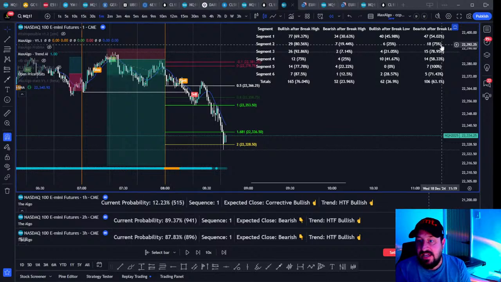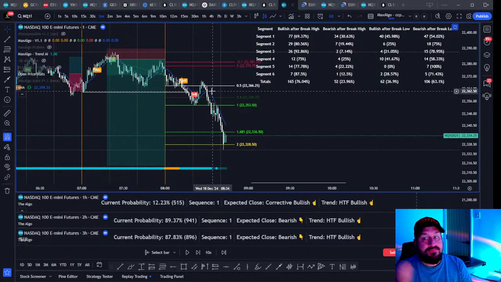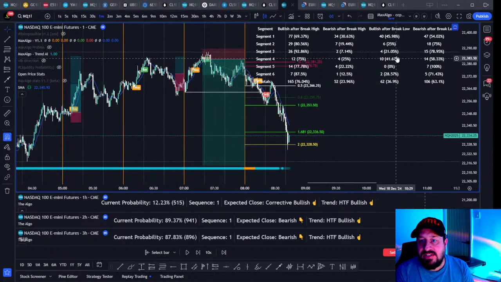Tick, tick, tick. Not confluencing, I think price is going to go down. It looks like it's going to go down. Stacking probability, one after another. So even if you're not using any of those, and you're just using the algo at 50%, you're still looking at like a 71, 72% win rate with a 1R system. It kills it. You can then increase that probability by adding in more probability confluences.